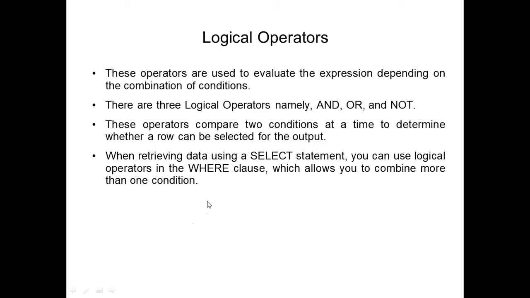When retrieving the data using a select statement, you can use logical operators in the where clause. As we have seen, the SQL operators can be used in the where clause. And it allows you to combine more than one condition. Basically, in logical operators, there are two conditions.